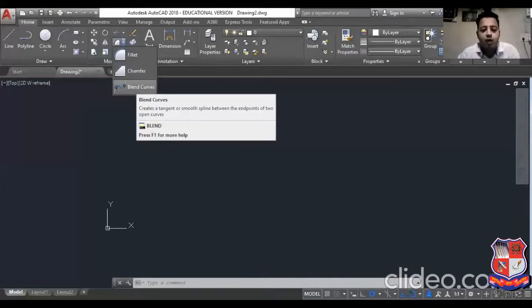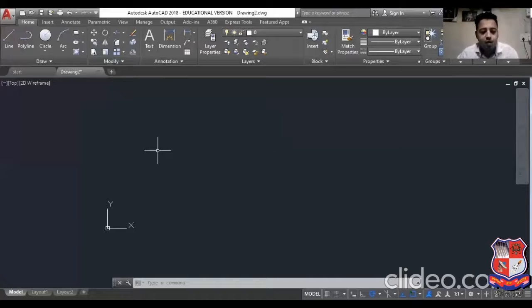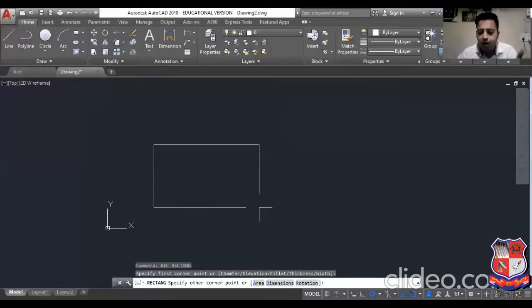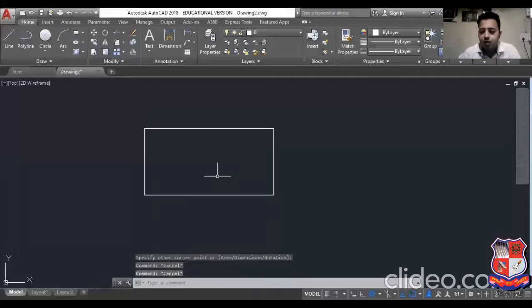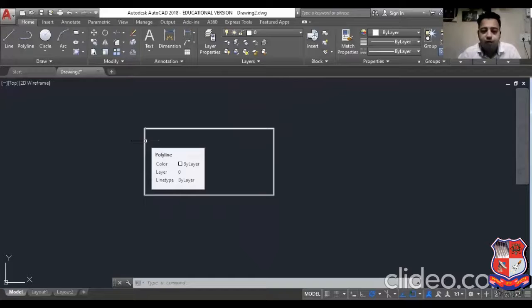Okay. So now here first we will see the fillet command. So for that we should have one rectangle. So I will draw one rectangle, REC, enter, and I will create one rectangle randomly. Okay, or I will create it with dimensions. The dimension is suppose 300, enter, and 150, enter. Okay, enter. So I have created this rectangle. Now I want to smooth this corner with a corner radius of 50 mm.